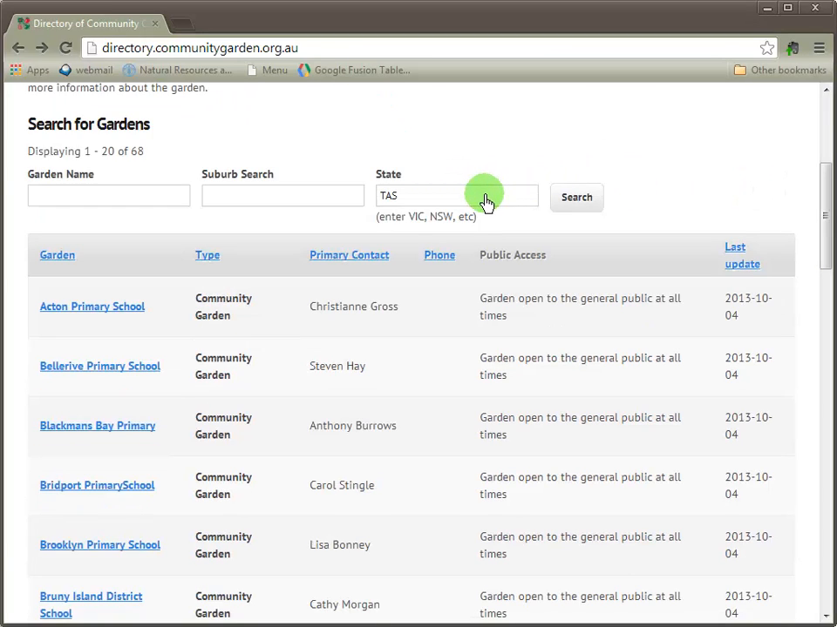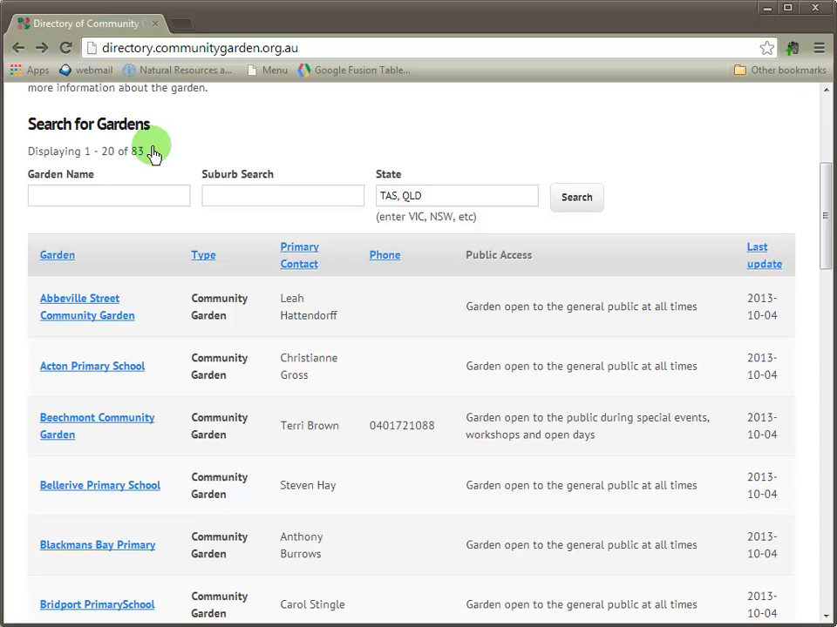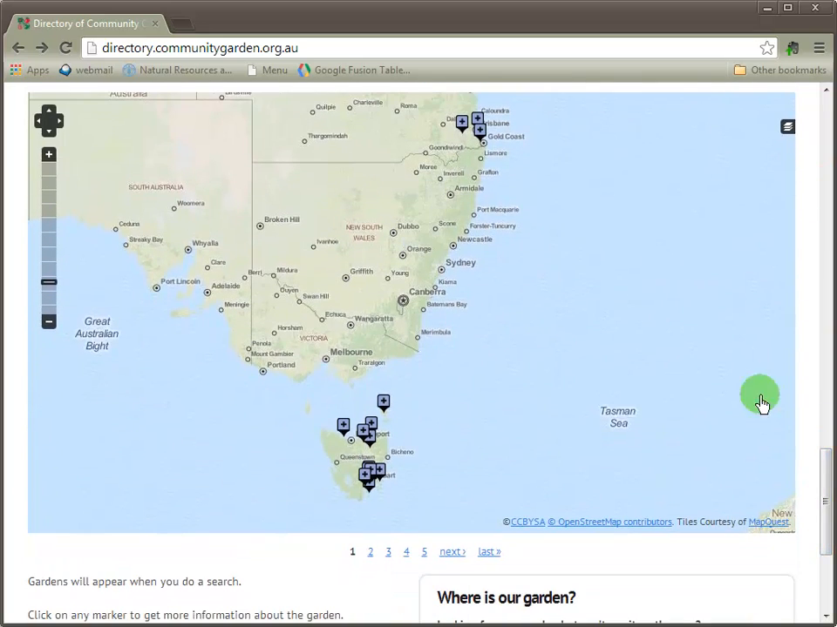States can be combined here by entering a comma and a space. So you'll note here that we have 68 listings currently. If I wanted to combine the Tasmanian and QLD listings, I would simply add QLD and then click search, and we find that the system will give us the combined listings for those two states. There we go. Here you see there's 83 listings now, and on the map below we find that there are